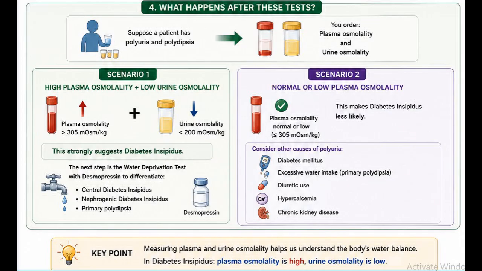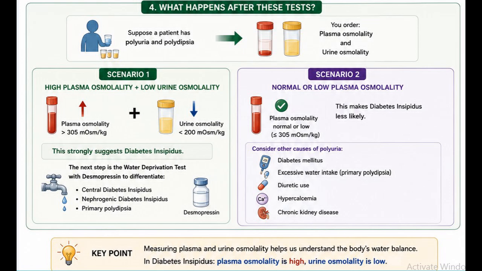What happens after these tests? Suppose a patient has polyuria and polydipsia. You order plasma osmolality and urine osmolality. Scenario 1: high plasma osmolality plus low urine osmolality. This strongly suggests diabetes insipidus. The next step is the water deprivation test with desmopressin to differentiate